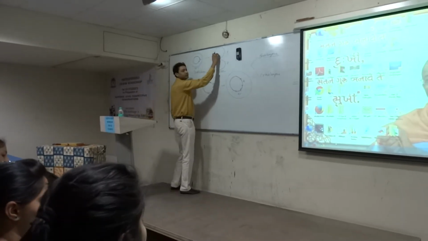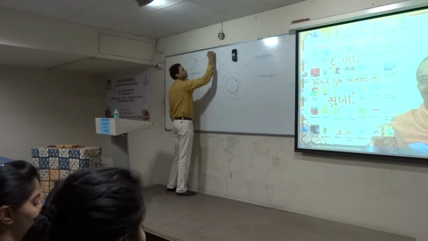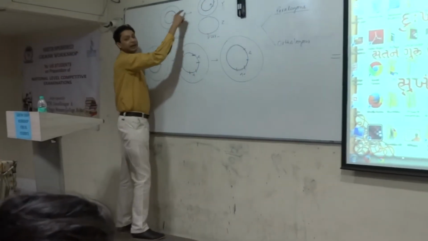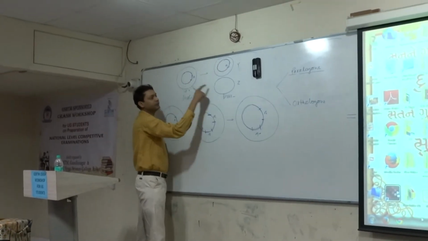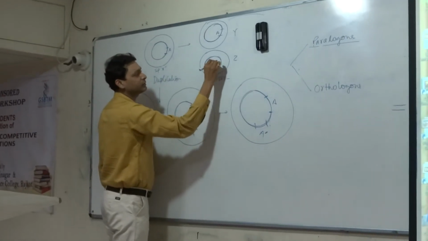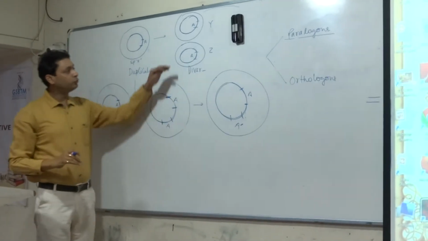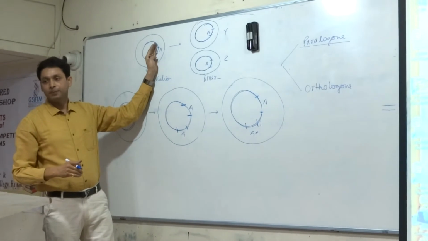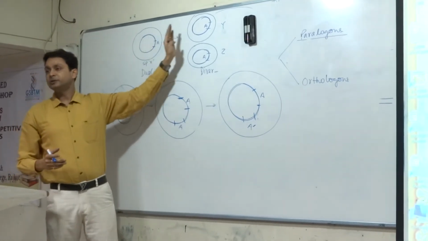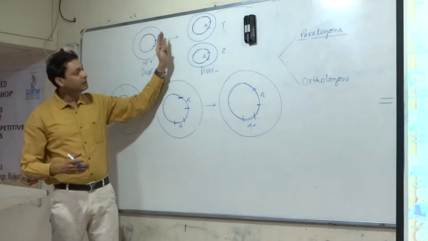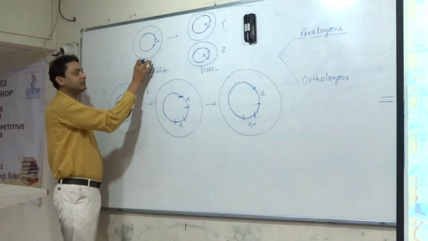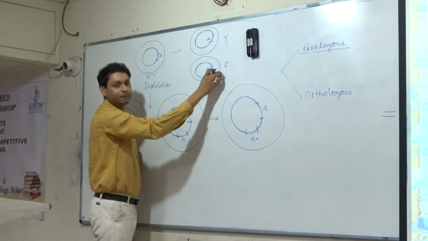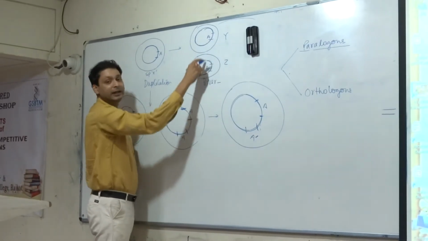In this particular species, gene A is also present, because these two new species arise as a result of speciation from this particular species. So we can say the process of speciation occurs, and as a result of speciation, the species X gives two new species, species Y and species Z. In both species, gene A is present.